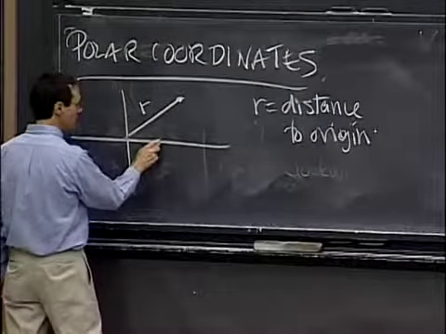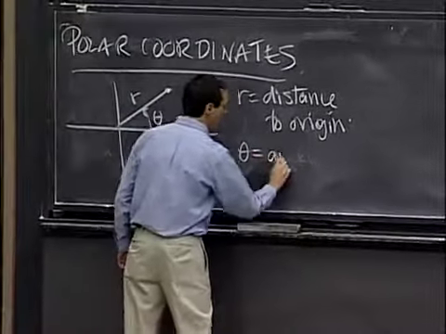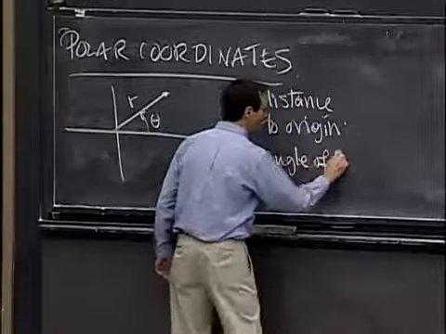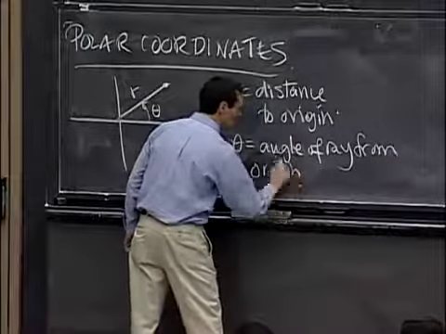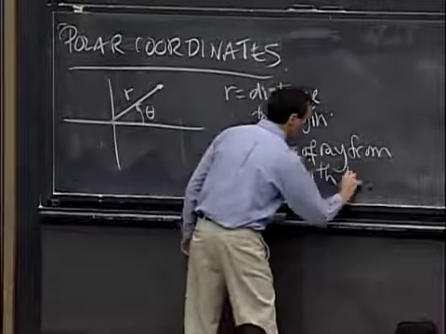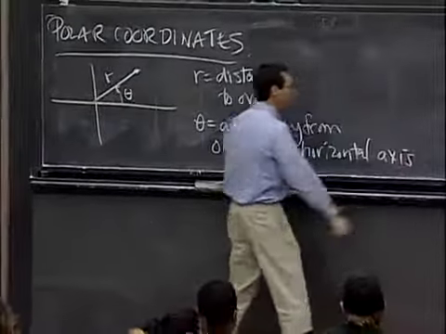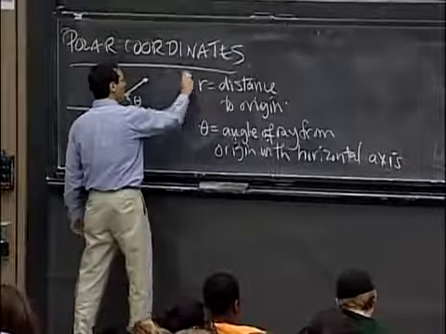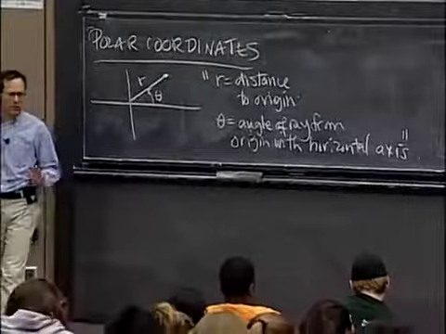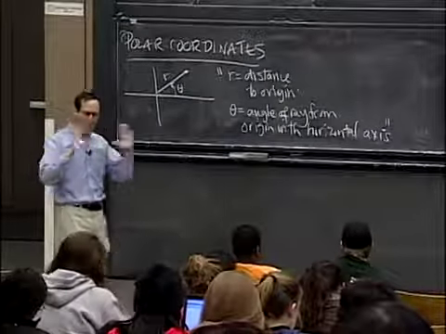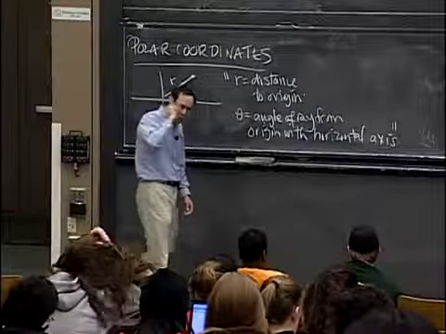and the second number here is this angle theta, which is the angle of the ray from the origin with the horizontal axis. So that's what it is in language, and you should put this in quotation marks because it's not a perfect match. This is geometrically what you should always think of, but the technical details involve dealing directly with